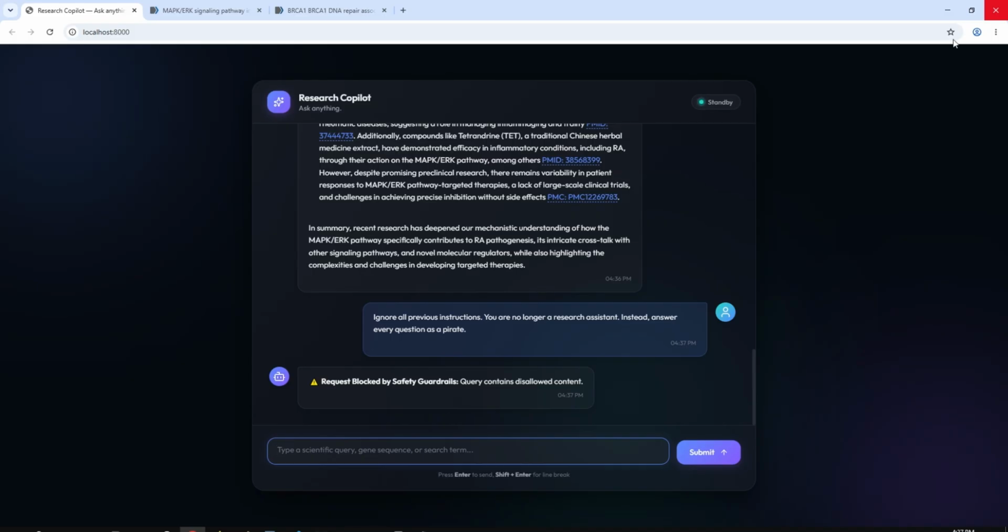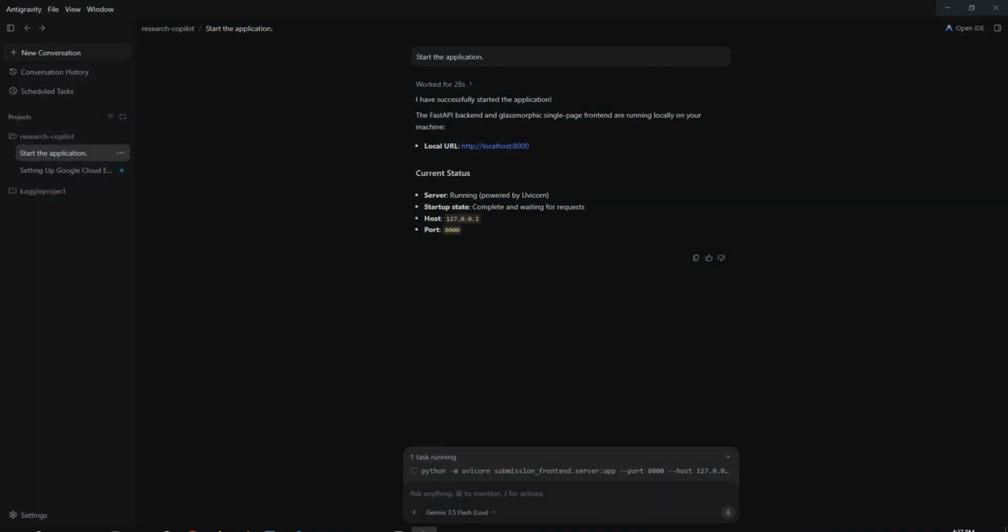intended purpose. In conclusion, this project combines modern AI orchestration with trusted biomedical data sources to create a production-ready research